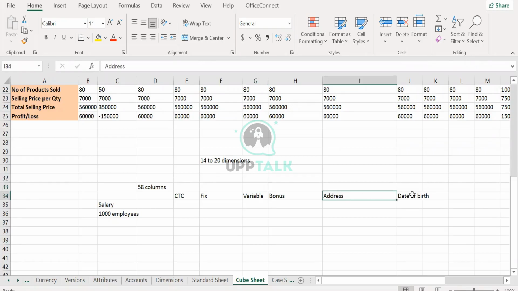I require an address field. I require a date column because I want to know when that particular person has joined the company, what is the date of birth of that person, what is the address, what is the salary. You can just imagine what salary data looks like for any organization. The data is very huge, and in terms of rows also. It can be 1,000, it can be 1 lakh also. It can be a lot of data.